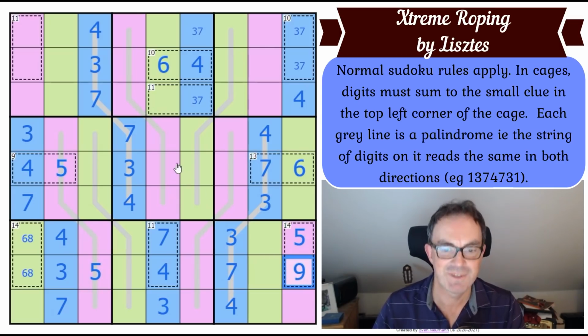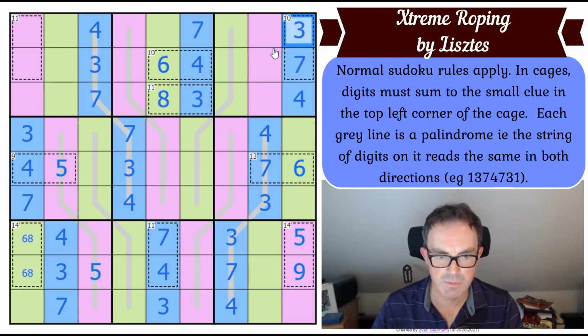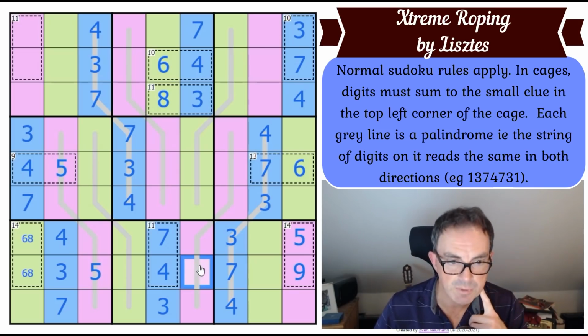I think Listesh must have had a lot of fun constructing this, actually. It really is very elegant indeed. Now, this square, look, can't be a 4, so that can't be a 7. That's got to be 3. That's not surprising. That gives us our 8, gives us our 7 here, gives us a 7 and a 3 there and there. Okay. So now what do we do? That square is the last purple digit, which we don't know yet. So probably,